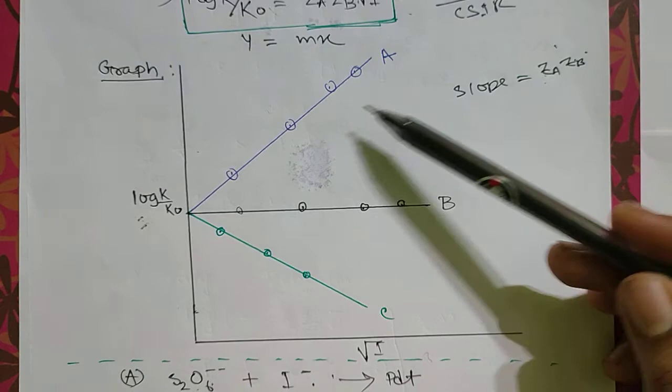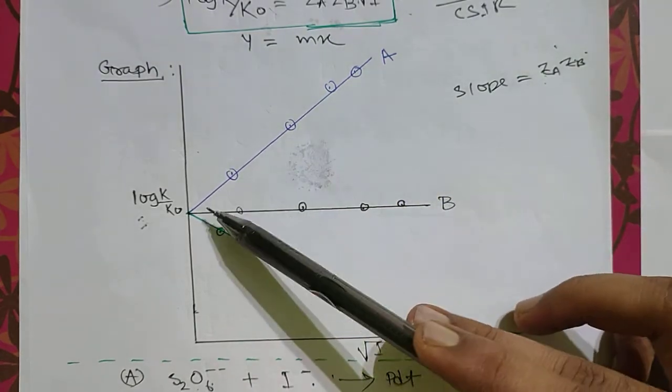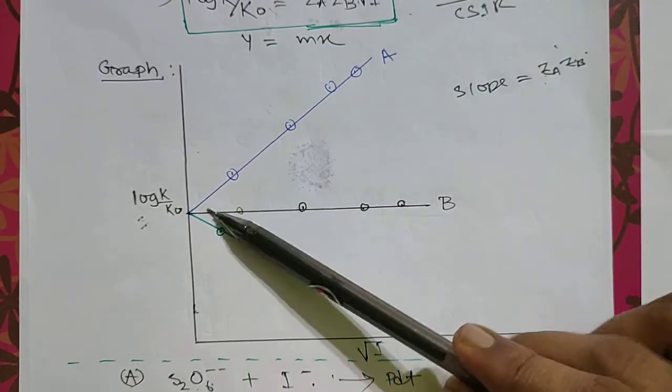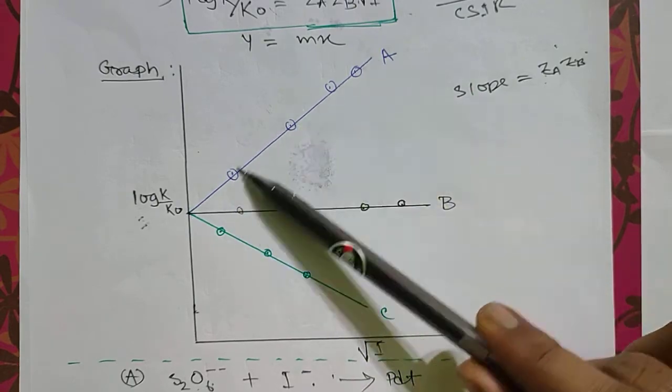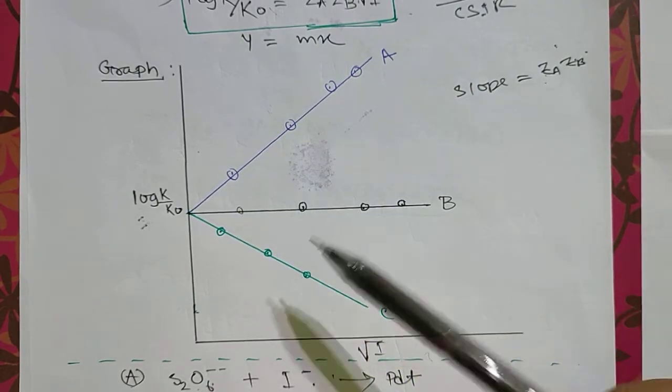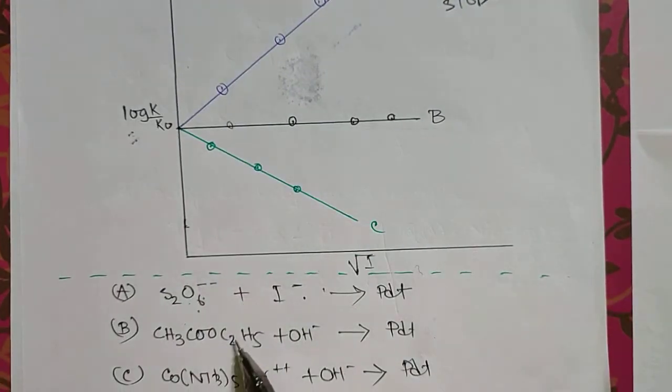Because the slope will be positive, every line will start from the origin, and this slope is positive, so we'll get this kind of equation. And the second thing is that this is ester and ester to OH minus. Okay, so in this case